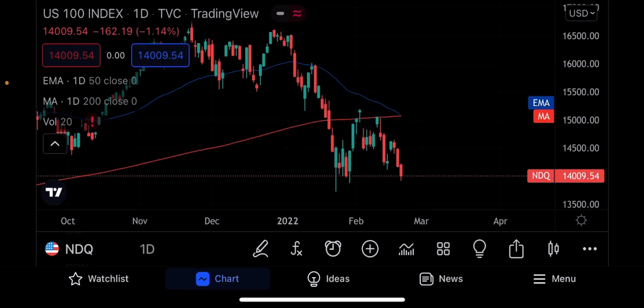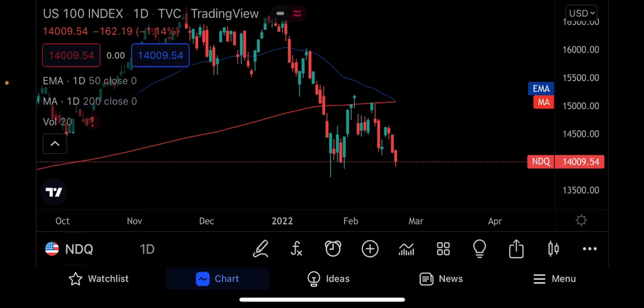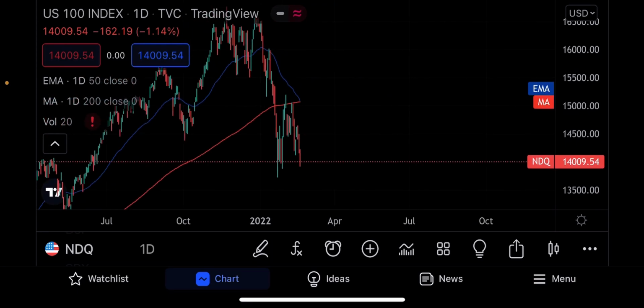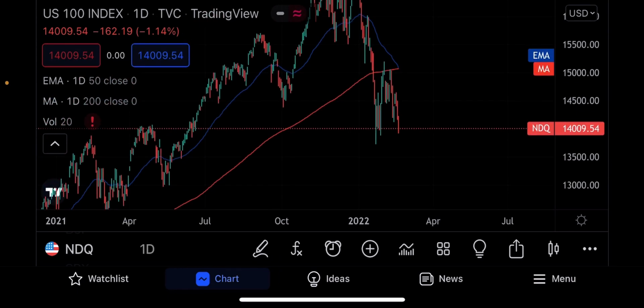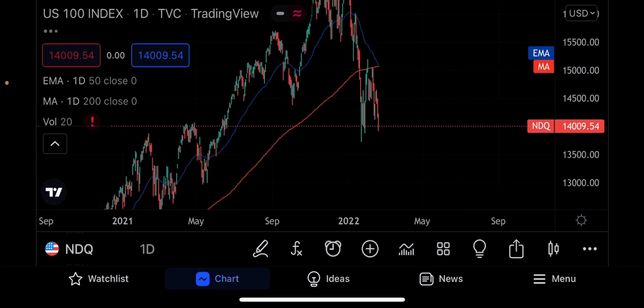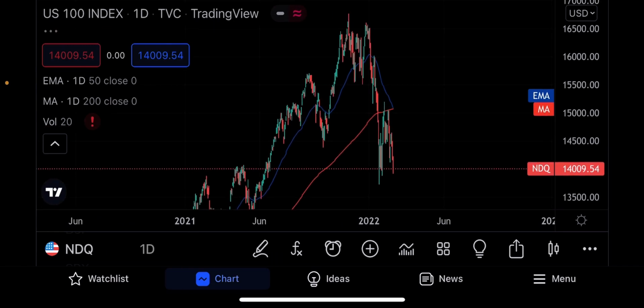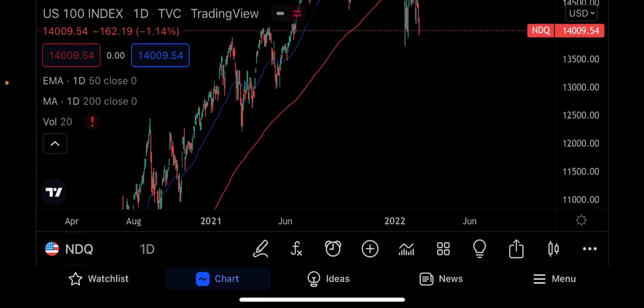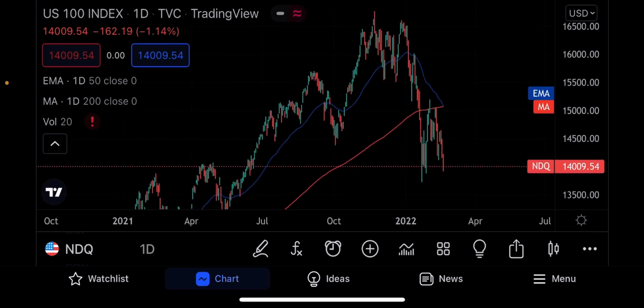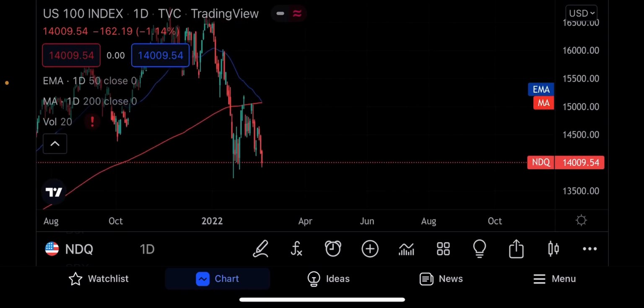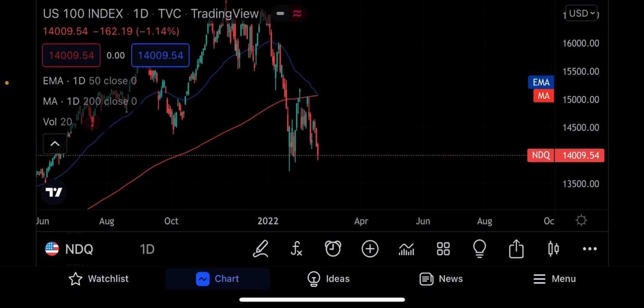Now the NASDAQ, on the other hand, the 50 is about to cross over the 200. That's clearly a bearish sign. That's not very good. If we look out a little bit longer, we could draw a Fibonacci here and see what kind of pullback we've had on this big move up. But losing the 200 and seeing that death cross is not really a good thing.